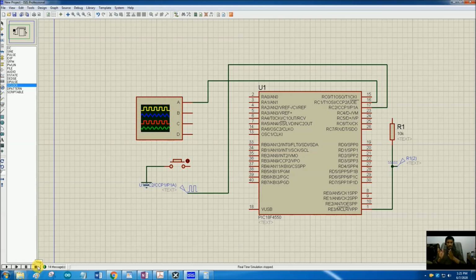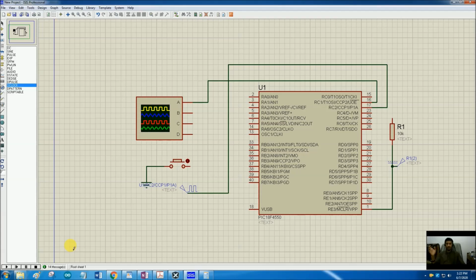So now let's see what is the maximum frequency that we can calculate using this method, and what is the minimum frequency that we can calculate using this method. The higher the frequency, the lower the count should be. The lower the frequency, the higher the count should be. So how much maximum count can we achieve using a 16-bit register?